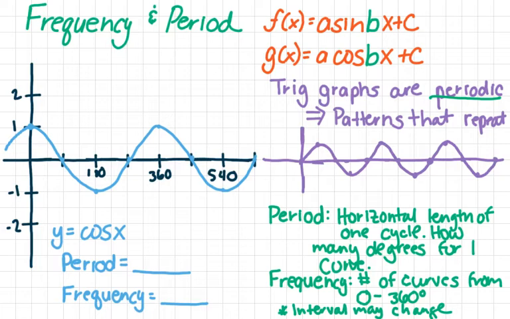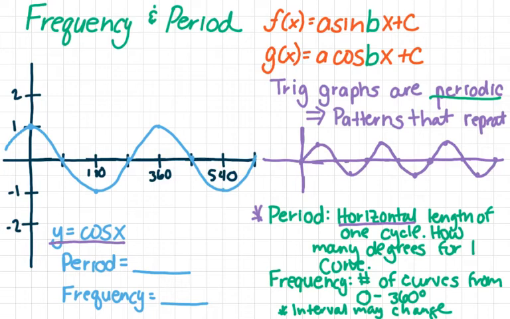This repeating pattern shows how the function oscillates between the maximum and minimum points. Now we can move on to the period of a trig function. The period is going to be the horizontal length of one cycle, how many degrees it takes to complete one full curve. If I was to take a look over here at my y equals cosine of x function that